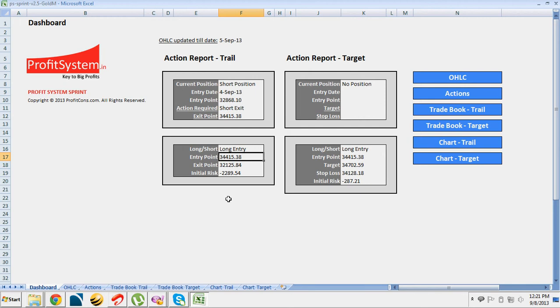Otherwise you just call up your broker and tell him, irrespective of what this price is trading at, place this long order entry for gold mini at 34,415.5 and he will take care of the rest. Usually whenever you want to place this order, the gold mini will be trading much less than this. Again you have two options.